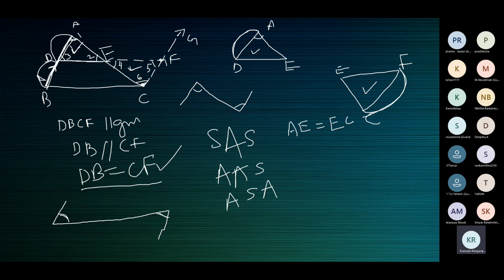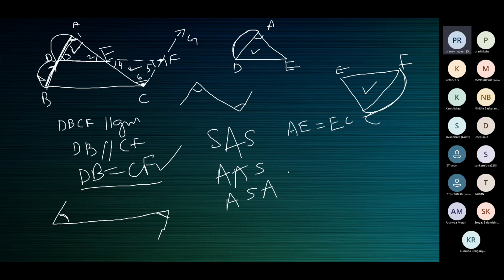Now, if you want to use AE is equal to EC as a pair of equal sides, which are the other 2 pieces of information which you would use? We have 3 pairs of equal angles, right? Which 2 do you want to use along with AE is equal to EC, so that they make a valid congruence rule? Now list all the 3 equalities.